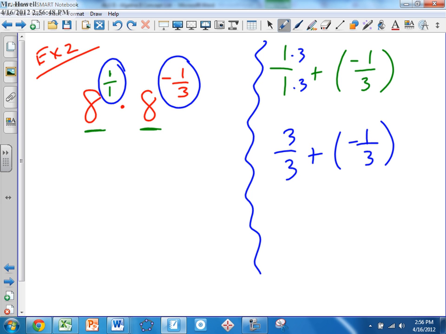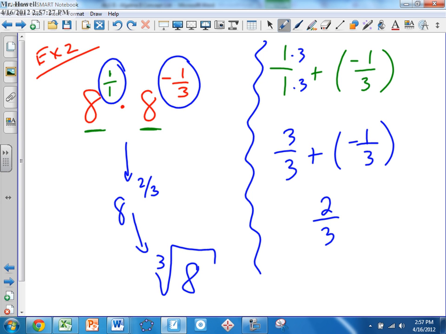What do you get when you add those two numbers together? 2 over 3. Very good. Again, 3 over 3 plus a negative 1 over 3 is like I'm subtracting, really. Okay, so 2/3. So this actually results to give me 8 to the 2/3. All right, great. 8 to the 2/3, easy enough. What's the other form that I can write this in so I can actually get an answer? In radical form. Very good, Kelly. So square root form. So Mariana, tell me, in square root form, what would this one look like? It's like the 8 is in the square root of 3 is on like the outside, and then plus the